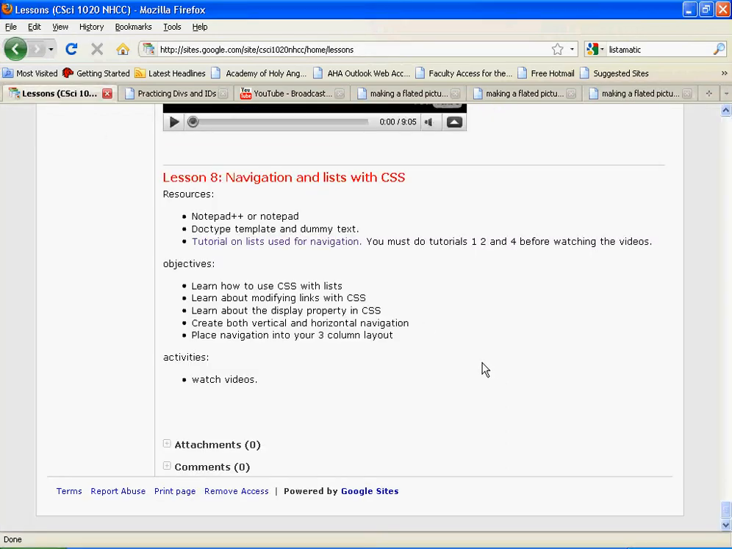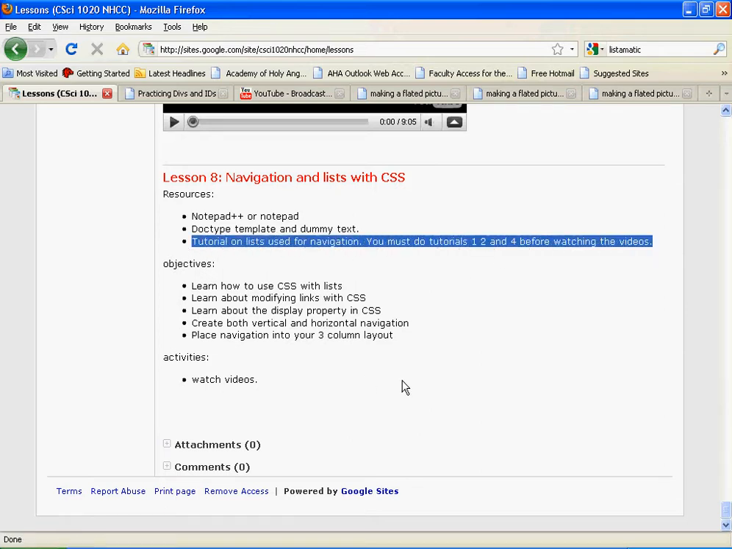Okay, in Lesson 8, we're going to talk about a lot of stuff. It's going to be review and putting things together that we've done before, but I'm also going to add in navigation lists with CSS. Before you do this lesson, you must do these tutorials over at Max Design. Okay, if you haven't done them, stop the video now, go back and do them, and then open them up